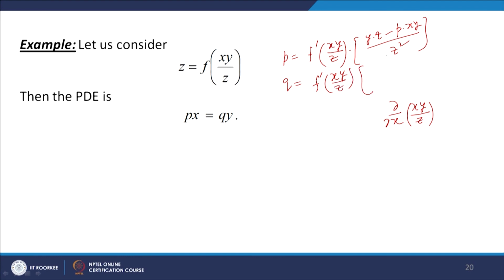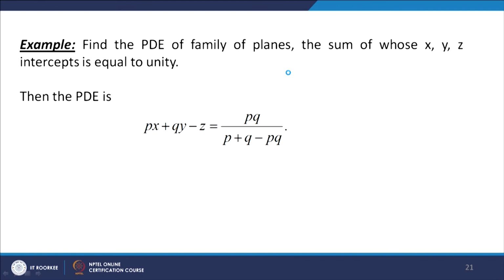Derivative of the numerator with respect to y, so we get x into z minus q into xy over z². Now, we can divide to eliminate f'(xy/z) and we will arrive at px = qy. And if we have the PDE of the family of planes, the sum of whose x, y, z